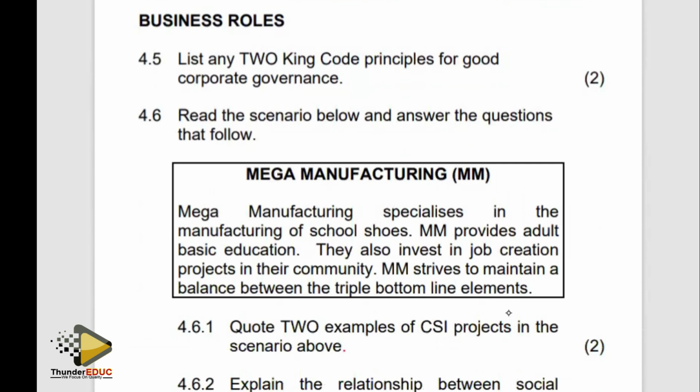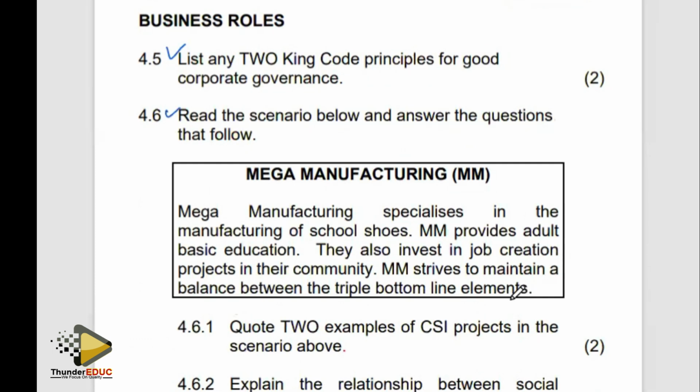So now the next question reads as follows: list any two King Code principles for corporate governance. So the King Code principles for corporate governance are transparency, accountability, as well as responsibility. Okay, right. So now let's check our